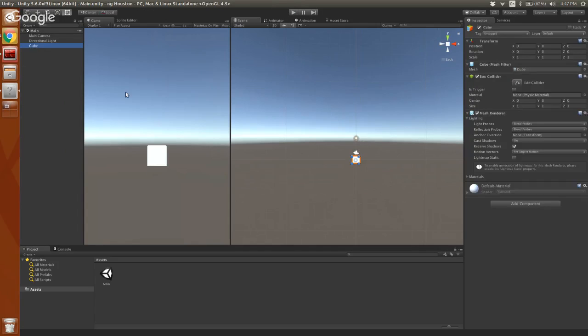If we want something to actually happen when we play the game, I'm going to pick up this cube that I've now selected in the hierarchy, and I'll go to the top left and switch to the item dragging handle, which is the second one to the left, and I'll lift this up so it's a little higher. So now it's at the top of our camera. And then I'm going to make it fall. I want gravity and I want physics to apply to this. Because this sandbox we have is full of physics. It works a lot like the real world.